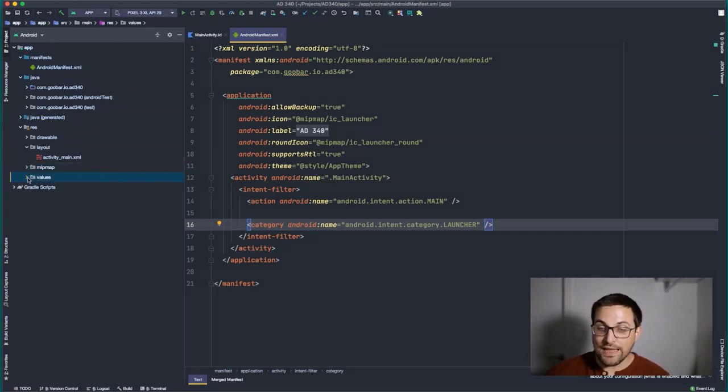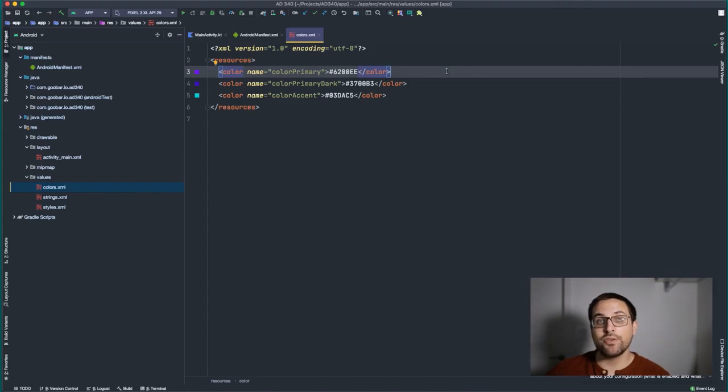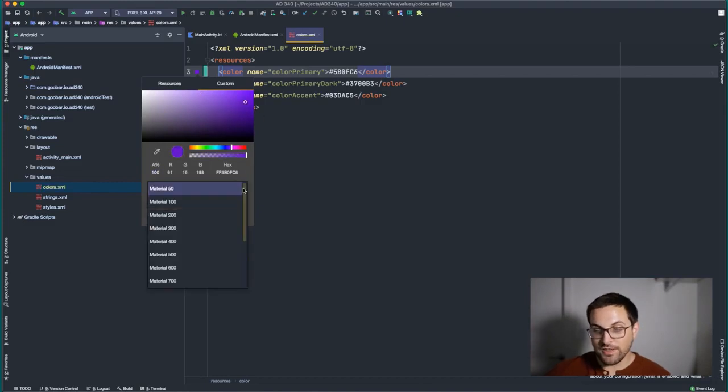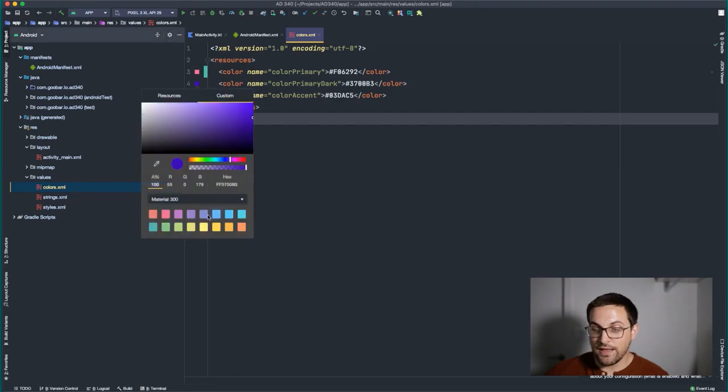The last one that is more interesting is the values directory. So if we expand this, we'll see 3 different XML files. If we open up colors XML, this is where we define the colors that we were using in our app theme. And if you click on one of the little color swatches in the left-hand gutter here, you can actually play around and choose a different color. They also have some predefined colors based on material design, and you can select one of those and just pick from that palette